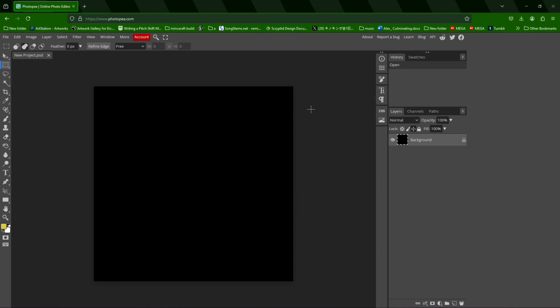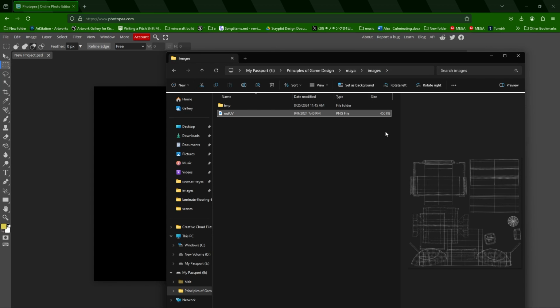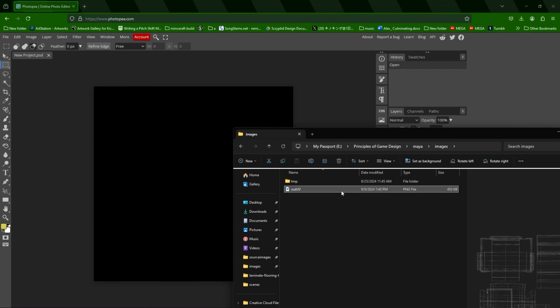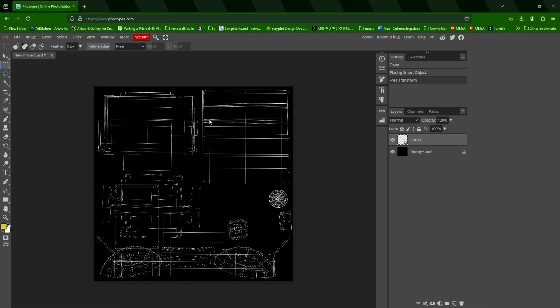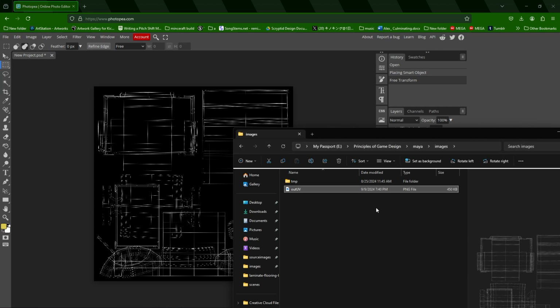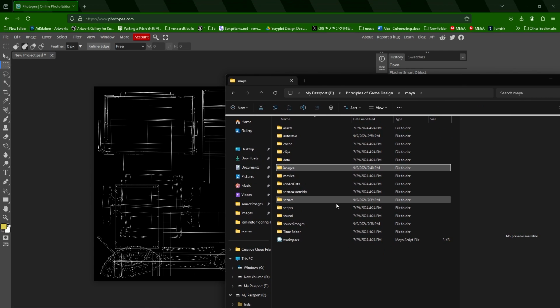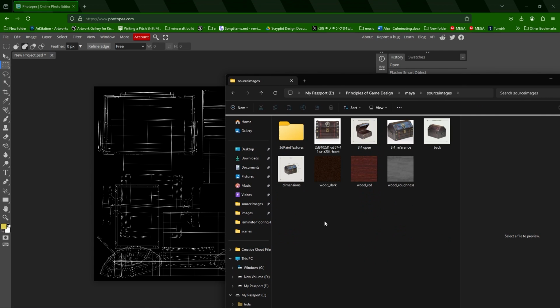And this is where we're going to be building up our material. Now let's come back to our Maya images and drag in our out UV. Click into Photopea and hit enter. And now we've got our UV snapshot over a nice black background. Then we're going to come back to our Maya project directory, and we're going to go into our source images folder,